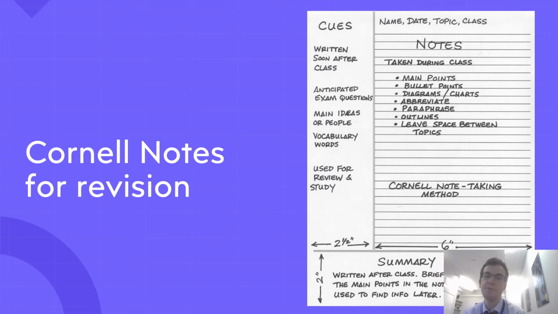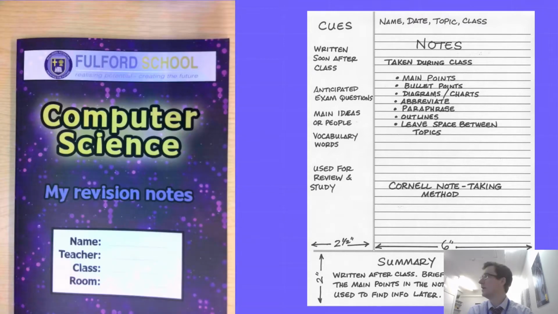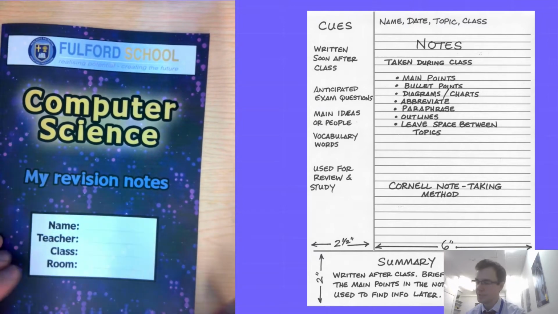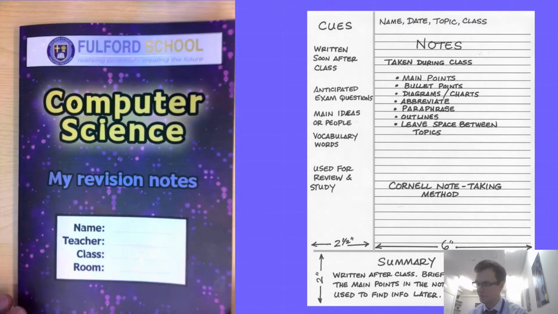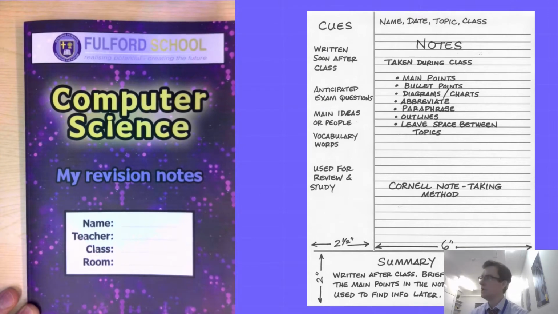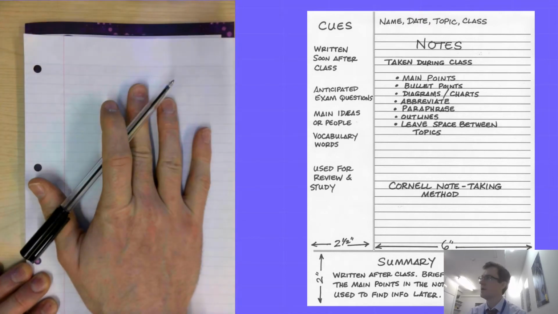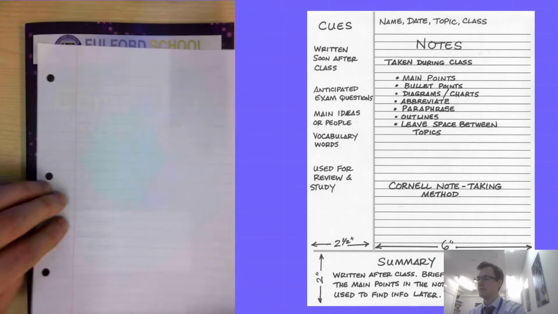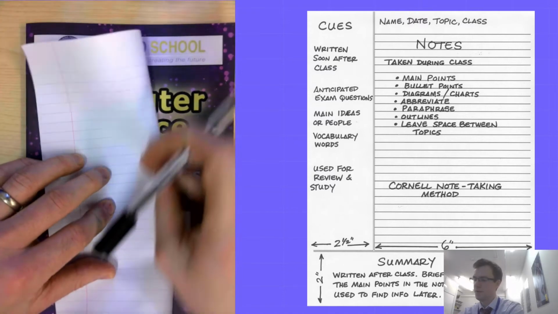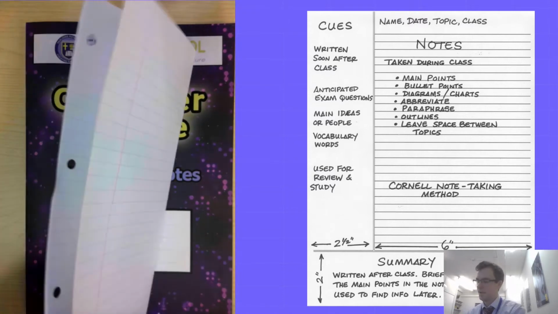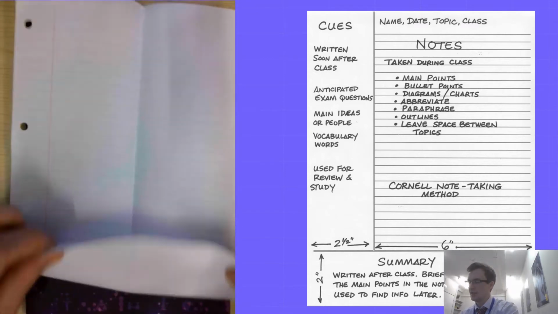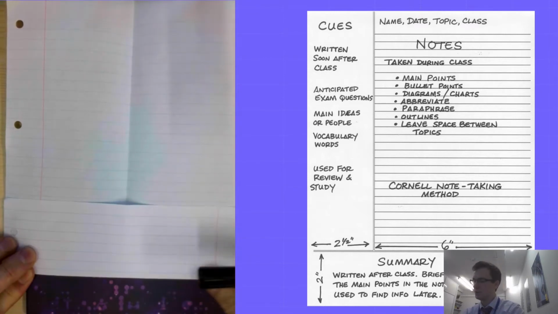So the Cornell notes technique is where you take a piece of paper and you split it up into three sections. I'm going to share a picture of a computer science revision notebook that we've got prepared for Year 11 and Year 13 students, but you could do the same thing just with a piece of paper. When I was revising for my GCSEs, I would take some notes on A4 paper and I would fold them pretty much in half